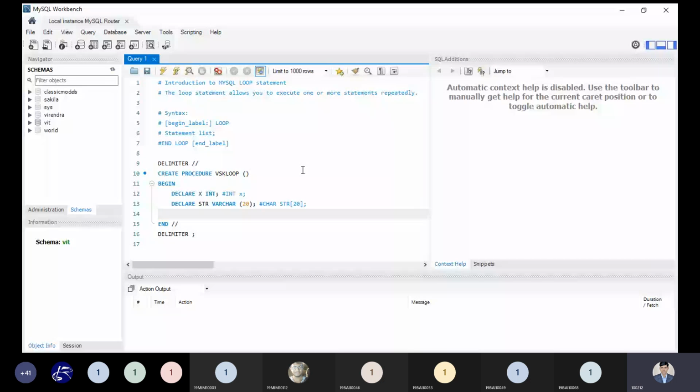Now let me assign set x equal to 1, and it is equivalent to x equal to 1 in C++ and Java. Now set str equal to blank, and in the comment section str is equal to, you can use the double quote, you can use a double quote in C++ Java. Okay,